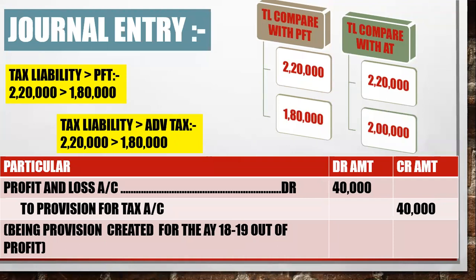Clear that? Yes. So now, second thing, you have to compare your tax liability with advance tax. So you can see over here your tax liability is 2,20,000 and you have